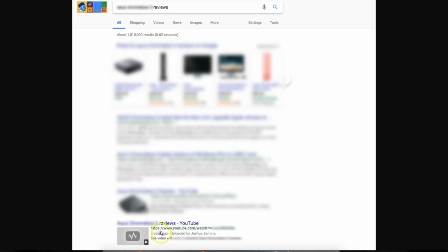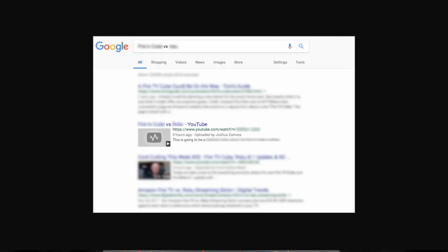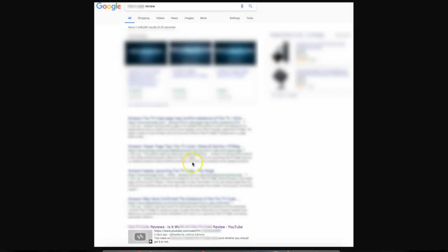Now, it was actually closer to 2 days, but it just took me a little bit longer to get back on my computer and grab the screenshot. Okay, but you can see I secured 6 different page 1 rankings. And the beautiful thing about this is that it took me no more than 5 minutes to create these campaigns. Okay, and also another beautiful thing is that I haven't even created a video for this campaign yet, which is